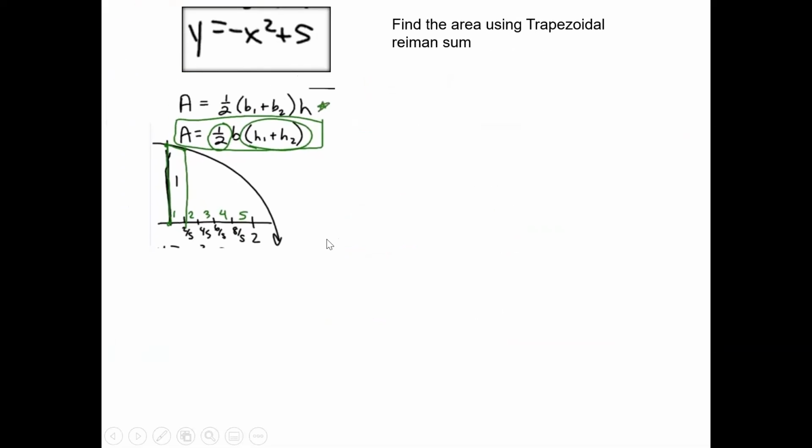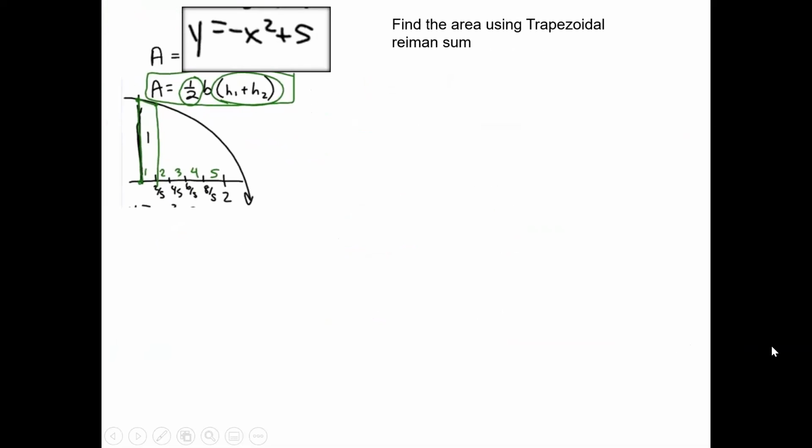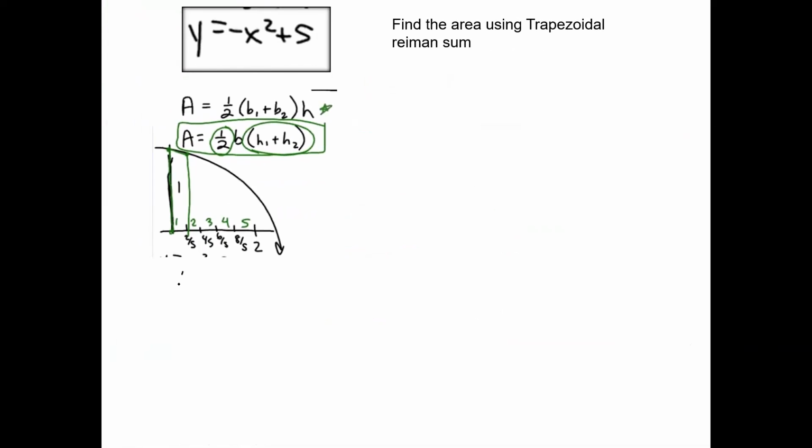Okay, so let's use the same one and find the trapezoidal Riemann sum. So once again, this is going to be your graph, okay? And you know that your base is 0.4 because that's how it's sectioned off, okay? But the problem with this is that you're going to have to look at this a little bit sideways as a trapezoid. A lot of time people envision a trapezoid looking something like this,